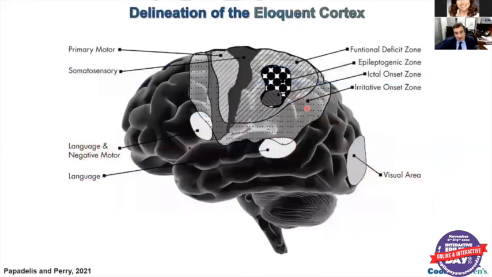As I said before, it's not only important to identify and localize the epileptogenic zone, where the seizures come from, but also we should be careful not to surgically resect areas where the normal functions of the brain occur, what's called the eloquent cortex. And now we have advanced tools which give us the opportunity to map these areas non-invasively in the